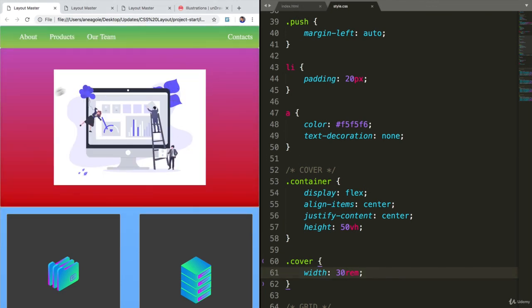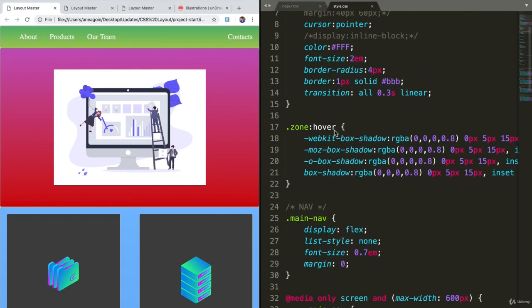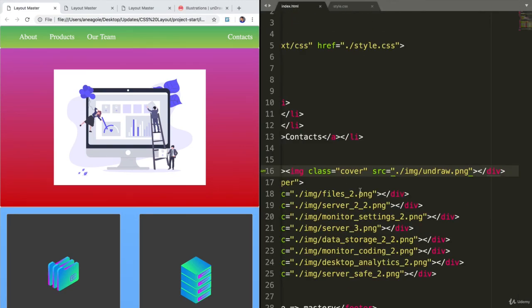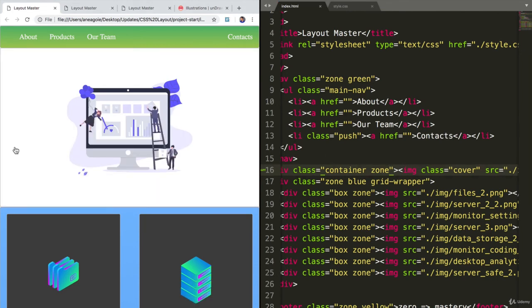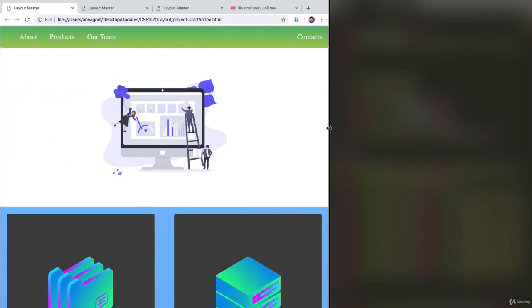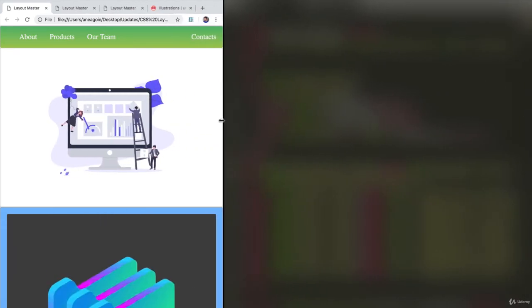But we want to get rid of this red background now. Let's have everything in white. Just going to go up to our zone, and we can just actually remove the red from here. If I refresh, much better. That looks a lot better. All right. So as we see, the image size isn't growing, which is good, but it looks nice and pretty